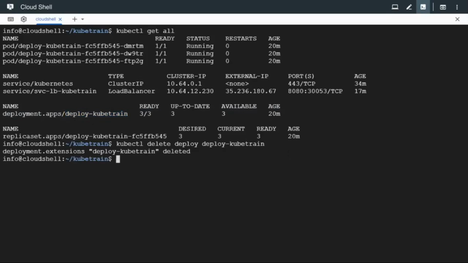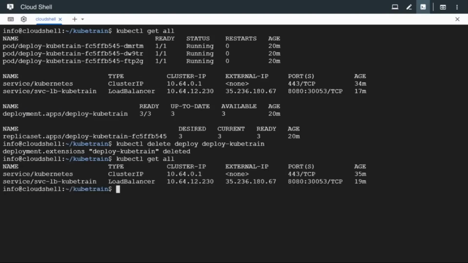It got deleted. If we check the list of objects again by giving get all in the default namespace, we now see only two things. The first one is the default service, which got created automatically by the Kubernetes cluster, so we don't have to delete it. We just need to delete the manually created service, which is svc-lb-kubetrain. So let's delete it by giving kubectl delete svc, which is the shortcut for service, and then